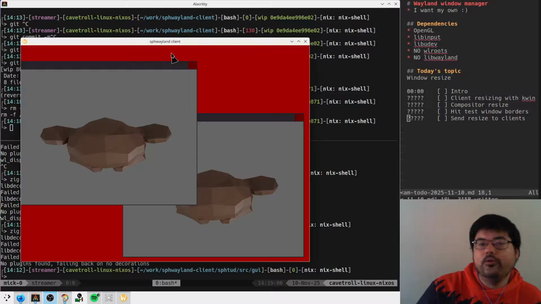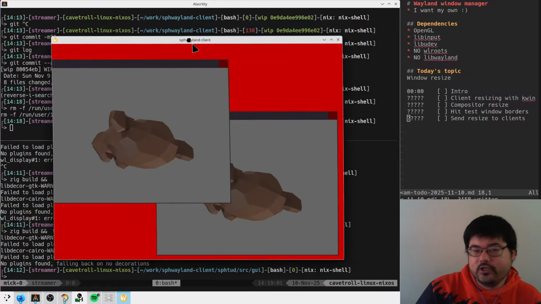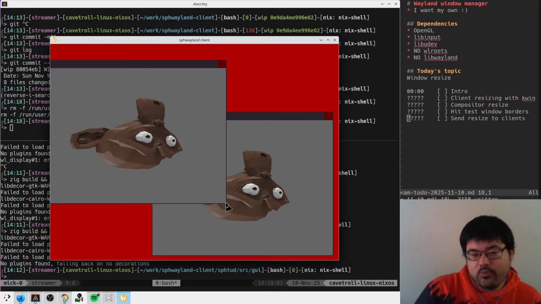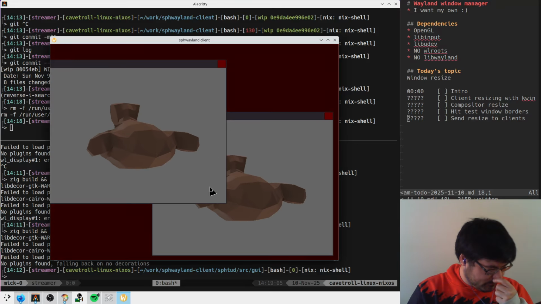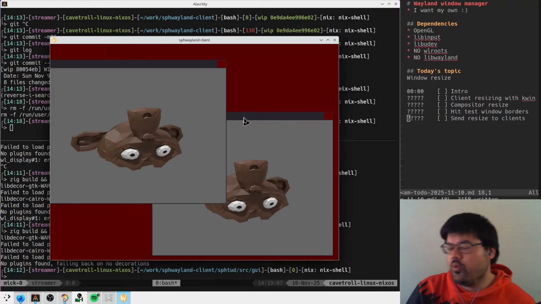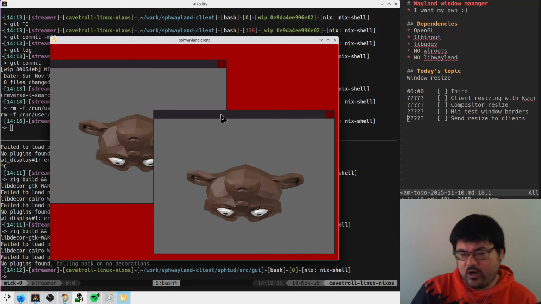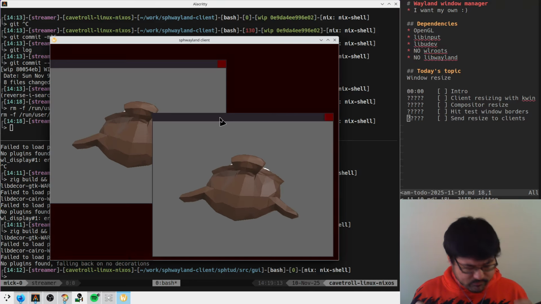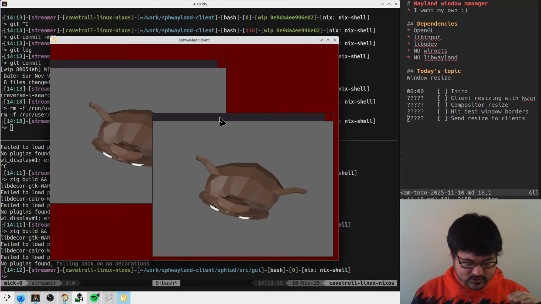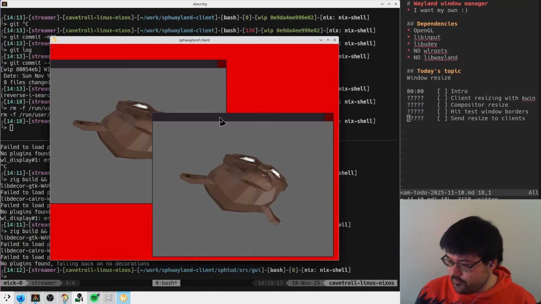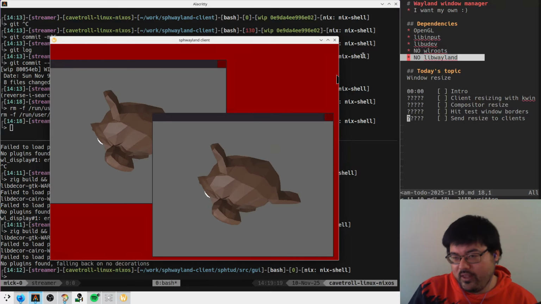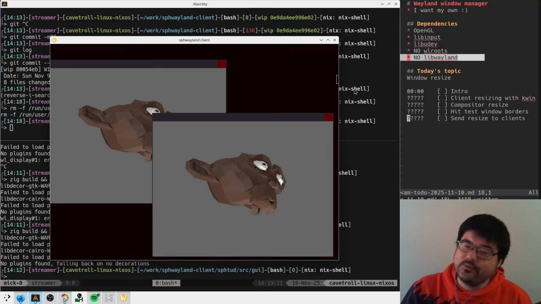Today, we are working on our window manager. And today's topic is I want to support resizing. So I guess technically, we're also working on our window manager and our window system. We are kind of writing in lockstep a Wayland compositor and a Wayland client. We are not using libwayland because I don't like it, but also because it's kind of more fun to